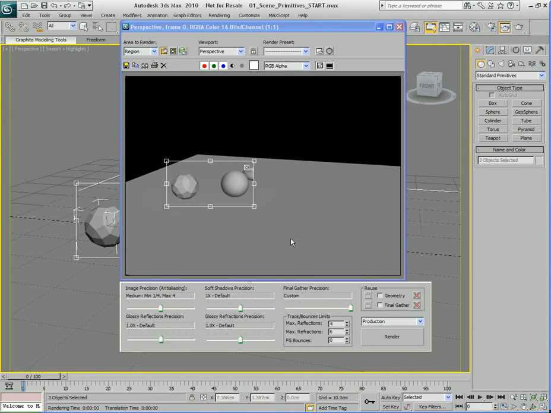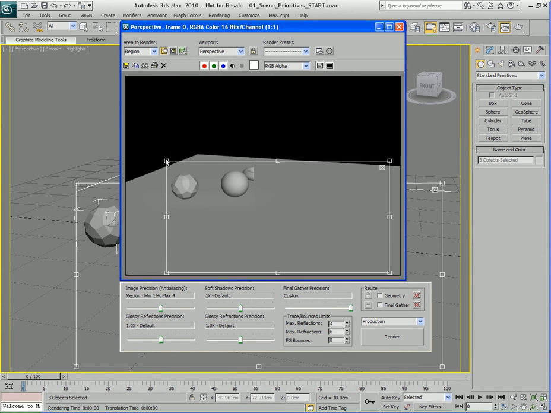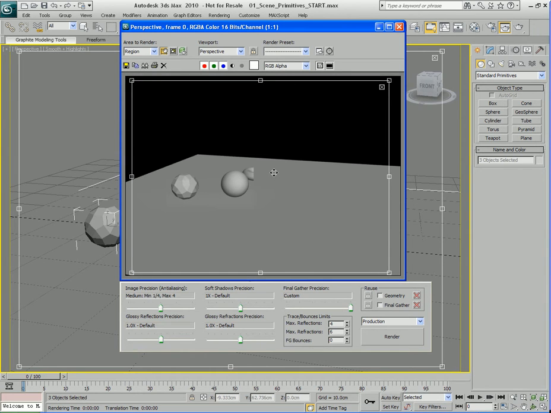Why is this useful? Well, it's useful for when you're doing preview renderings and testing out your lighting in your scene and you have to save time, because rendering a small region like this is much faster than rendering a larger region or even the entire frame or area. That could take a long time. So this is a very useful tool for rendering out mental ray